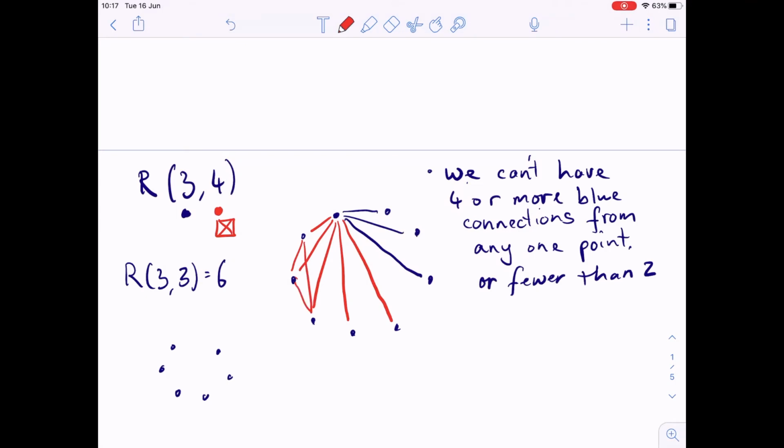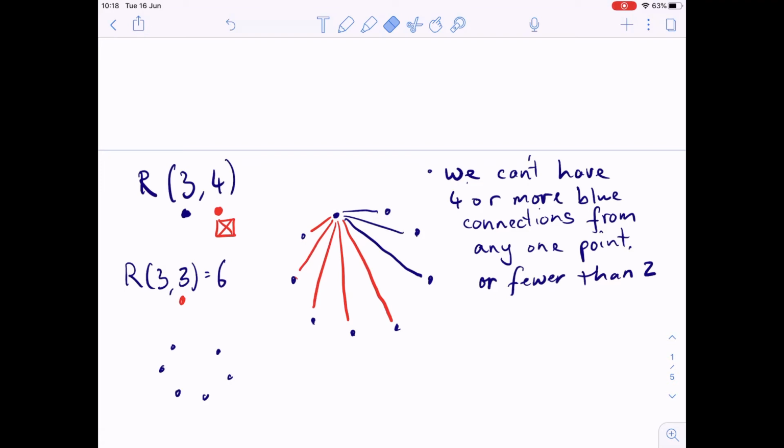And so if this is a red triangle, this gives me that connection of 4, or it's going to give me a connection of 3 blue, and then I've satisfied my blue criteria. However, what this false proof fails to consider is, what happens if the R3 in red, for example, was this one? Okay. What we've actually got is only 5 nodes that we're playing around with, and if we think back to